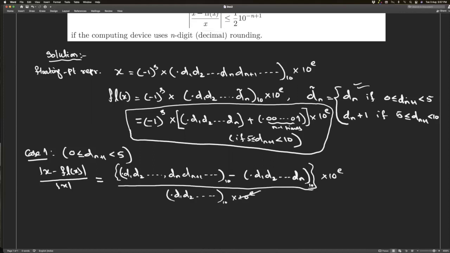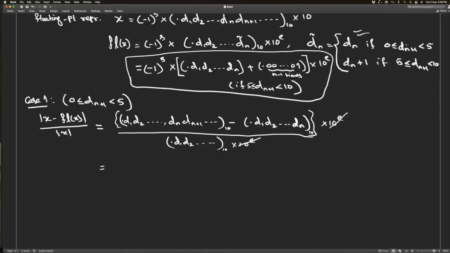So 10 to the power of e and 10 to the power of e will go off, and we will have